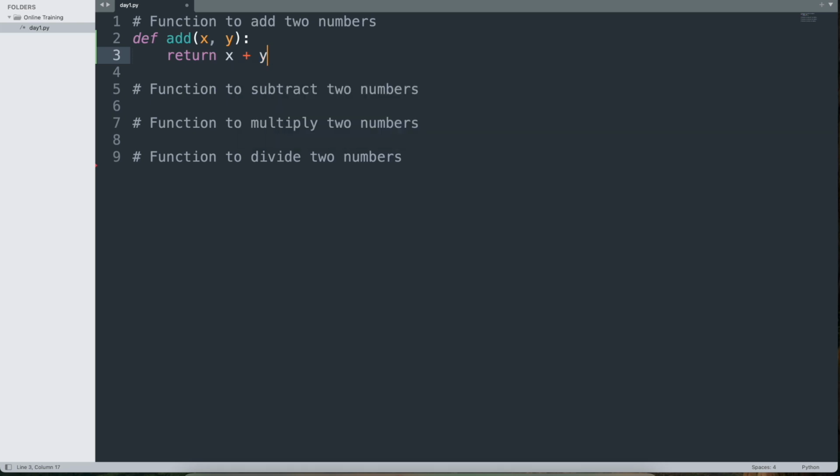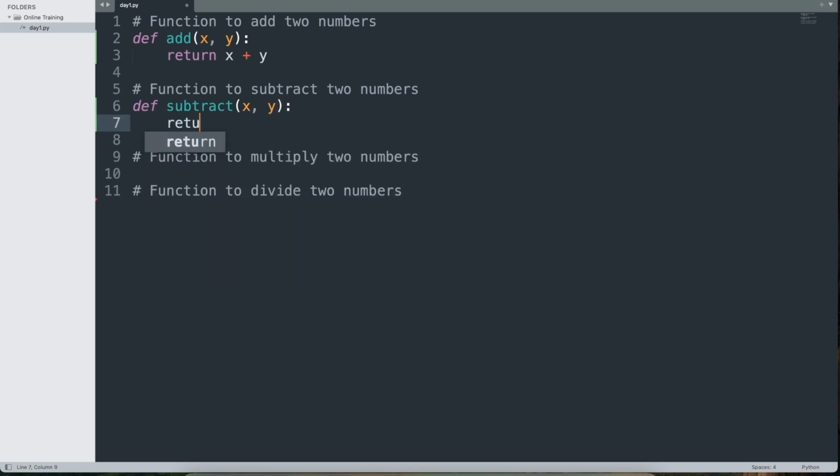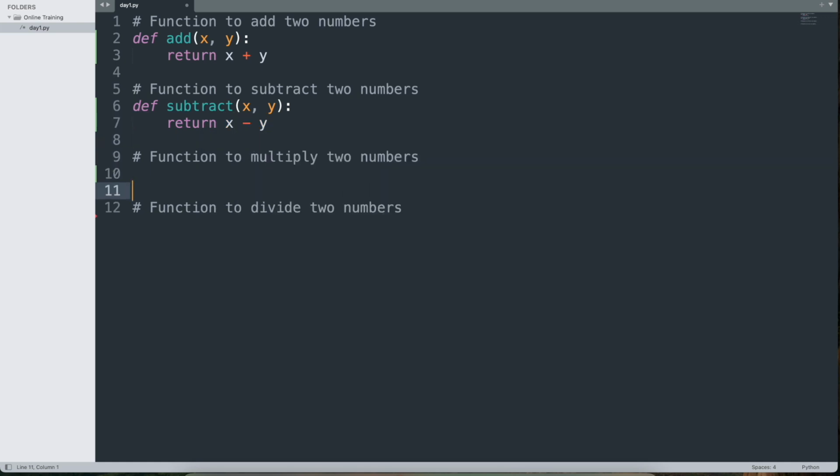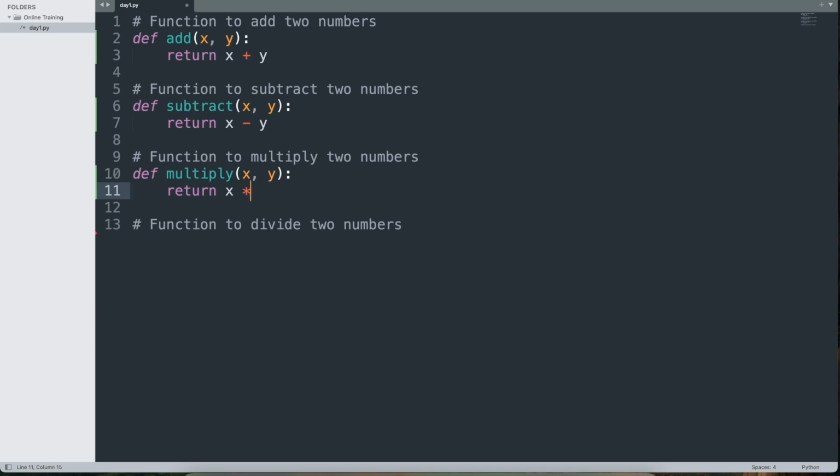Simple as that. Similarly, for subtraction, I return x minus y. Now similarly for multiplication, you return x times y. And finally for division,